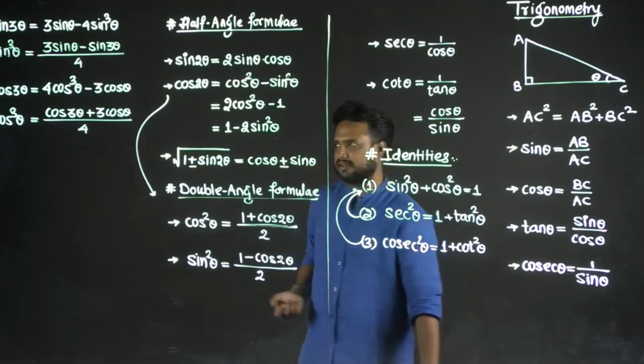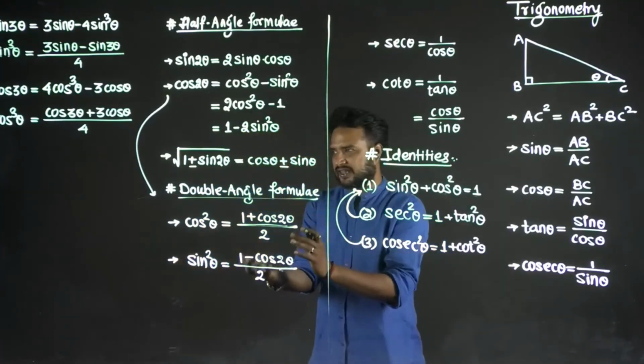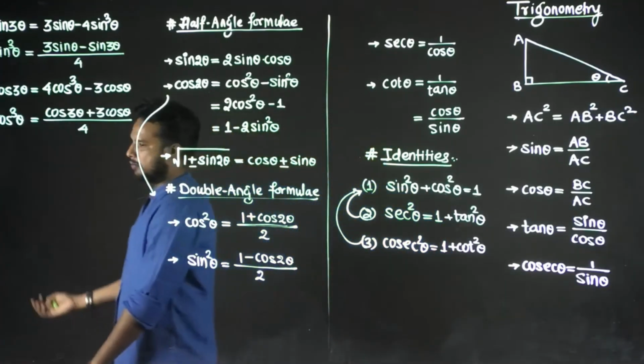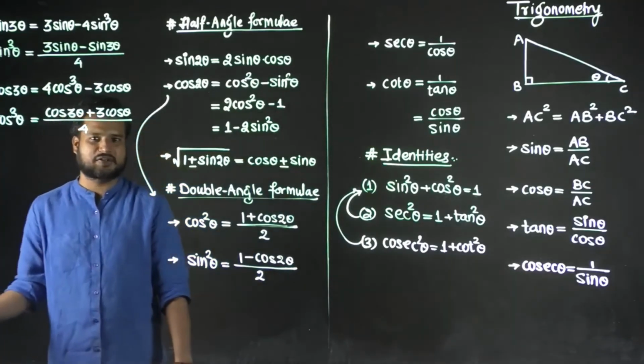Now you must be wondering that if I did cos square, sine square, then cos cube, sine cube, then probably my next formula is going to be cos raised to 4, sine raised to 4.